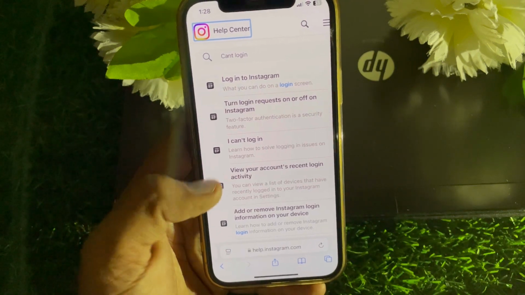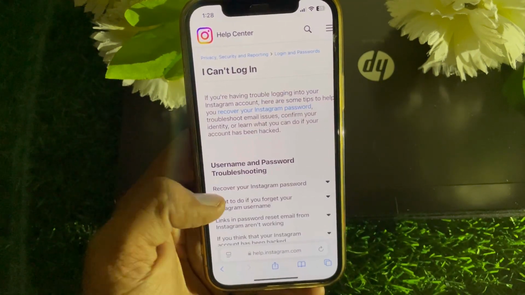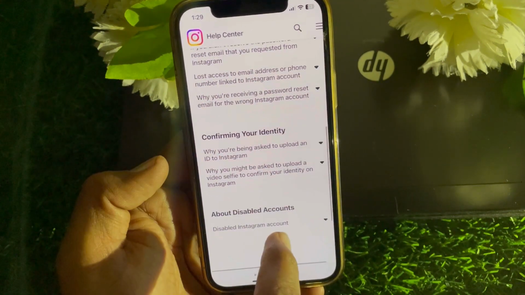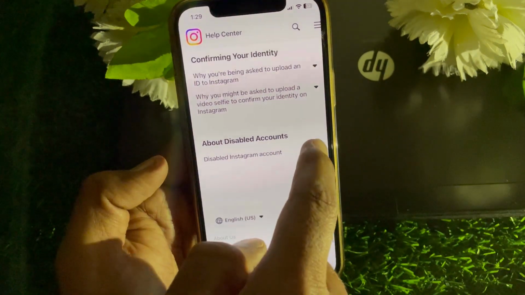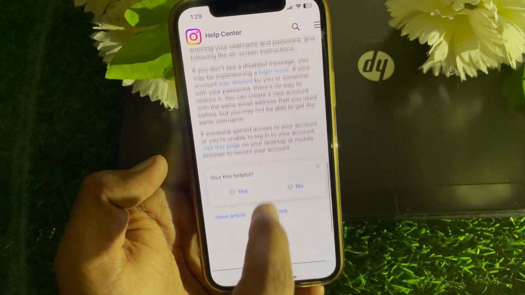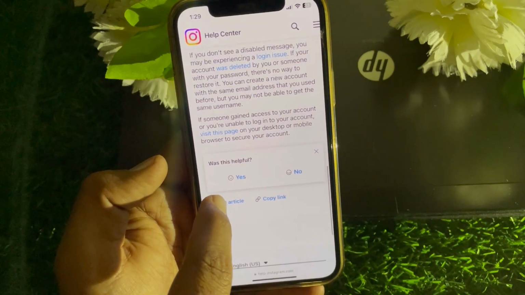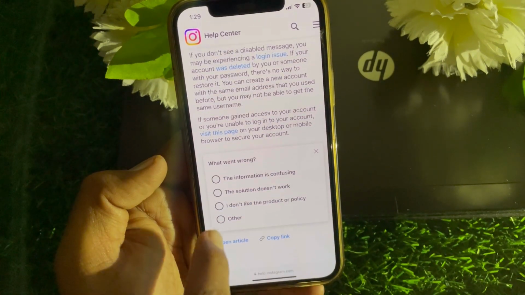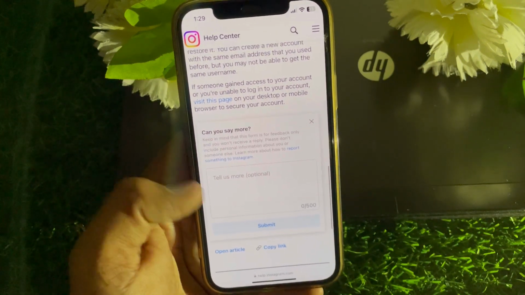So you can see here guys, "I can't log in." And now from here, scroll it down. From here, what you have to do is tap on that and then scroll it down. And now from here, tap on no. When you tap on no, go to other, and here you have to write that